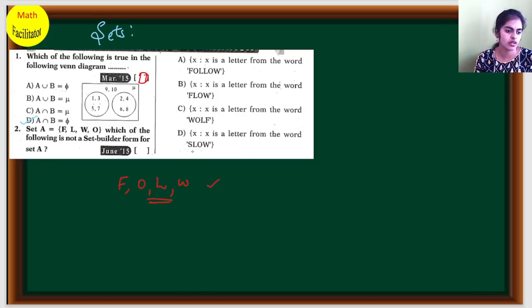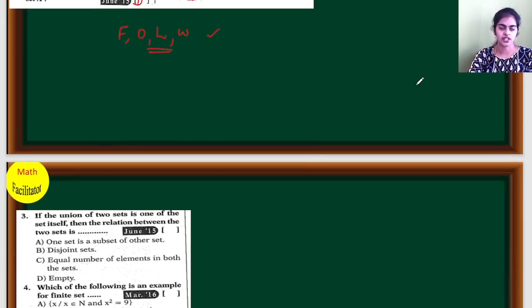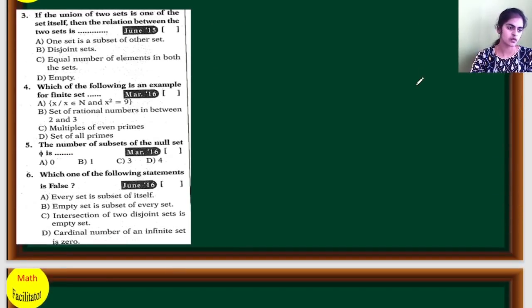Letters of the word slow: in slow you have S. Here you don't have S. So which of the following is not a set builder form? Option D is not a set builder form. All these three are set builder forms of set A. Okay. Now the next question,